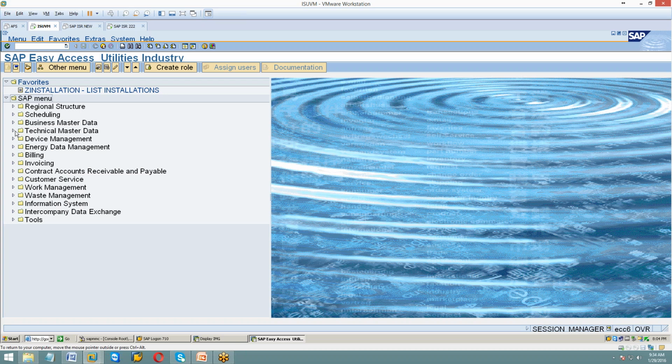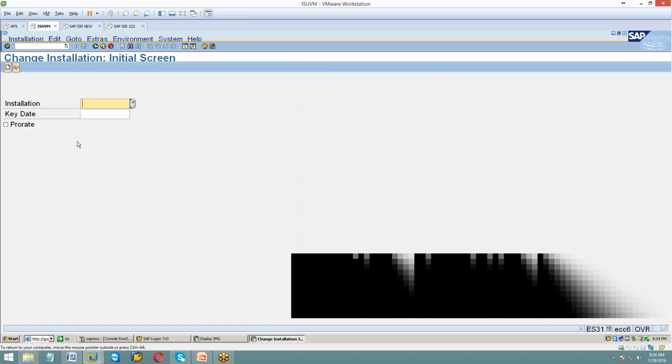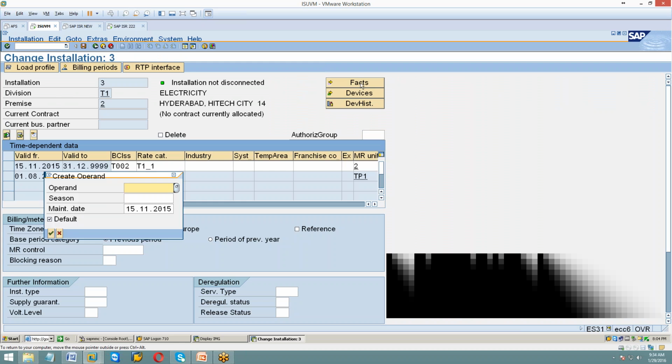So go to technical master data, go to installation and then change. Installation here is 3, for which the contract is 2. Premise is 2, current contract. So facts we'll try to give here. Operand